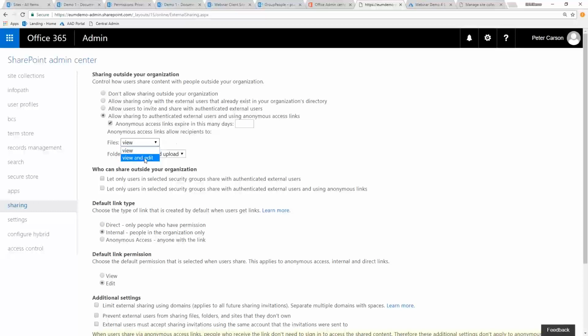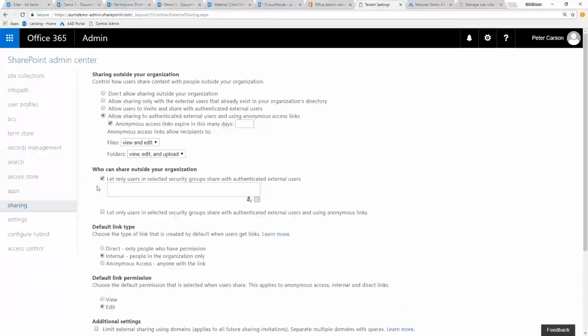You'd have to turn this to view and edit, and then make the decision secondarily when you share that link to say, yeah, let's edit that. Now, in terms of who, you've got two decisions around how you want to decide who's allowed to do the sharing. You say, you know what, I've got a set of security groups, and only people in those groups are going to be allowed to do the sharing